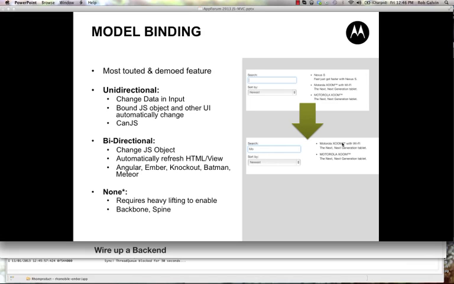All of them will do unidirectional, right? Which is if I change, let's say, this input, this JavaScript object that this list is bound to is going to change automatically, right? And CAN.js provides this. But all of the other ones are pretty much bi-directional, which is important, I think, because